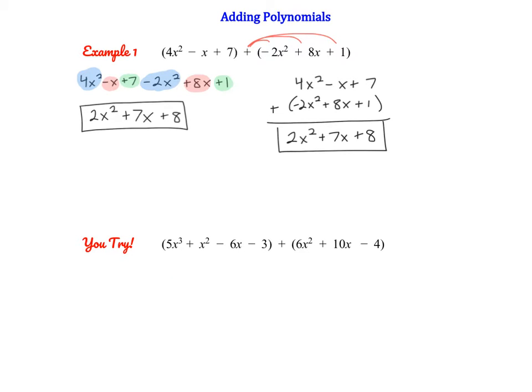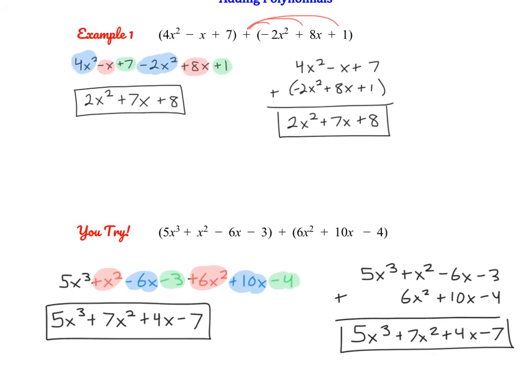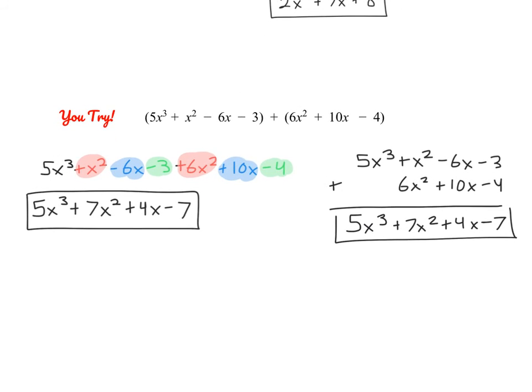Okay, let's check our answers below. So here you can see I showed both ways that you can simplify these two polynomials. Here I just grouped like terms by color. One thing you'll notice is that there's no other x cubed term, so that's going to stay the same. And I have 1 plus 6 is 7x squared. I have negative 6 plus 10 is 4x, and then I have negative 3 and negative 4, giving me negative